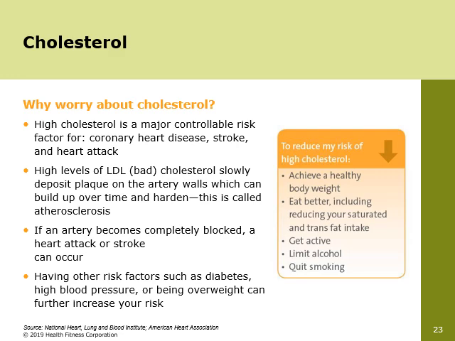This first one is, again, maintaining a healthy body weight. The next one is, again, similar to with blood pressure, following a healthy eating plan that includes foods lower in saturated and trans fats. The American Heart Association recommends following a dietary plan that emphasizes fruits and vegetables, whole grains, poultry, fish, and nuts while limiting red meat and sugary foods and drinks, which is relatively similar to the DASH diet. They also recommend being active on most days of the week, drinking alcohol in moderation, and again, quitting smoking if you can.